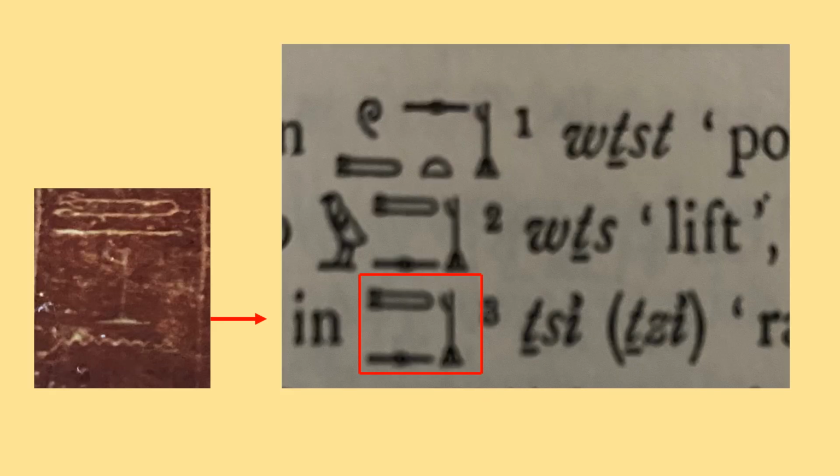So next we see the tethered rope, the post, and the ripple of water. The sacred symbol directly above the post is not clear. It could be the Medu Neter symbol representing a tongue of land, but I am not sure. One possibility for the symbol above the post could be the door bolt, which is kind of hard to say, but if it is that, then we would get the symbol of the tethered rope, the door bolt, and the